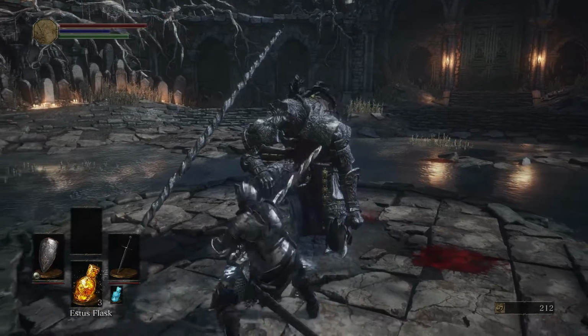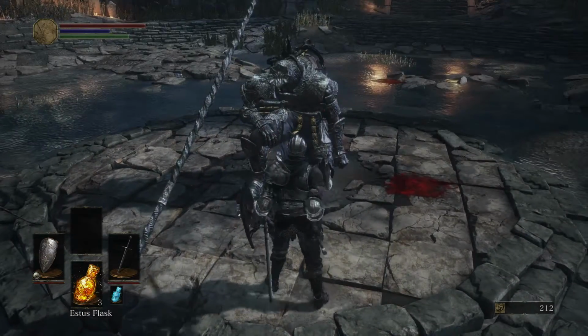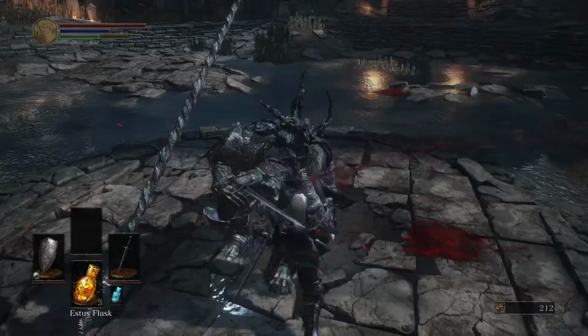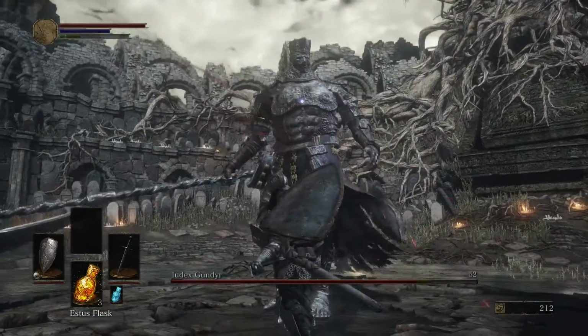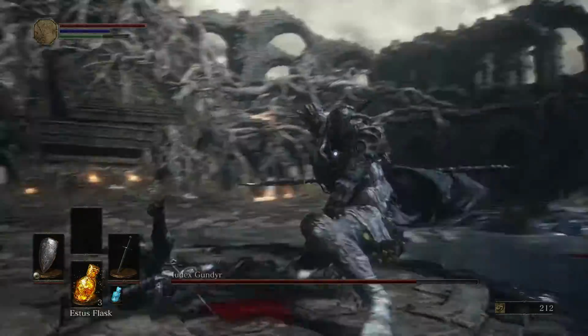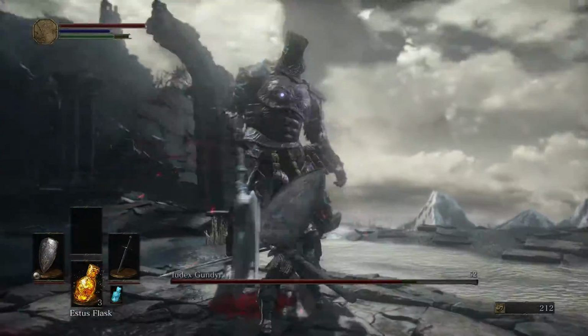Now, a lot of the bosses in this game actually have some time where you can hit them before they even start, before they're even ready to attack. So I was just able to unload on him right there, did a nice little chunk of damage. Now, it doesn't do normal damage, but...